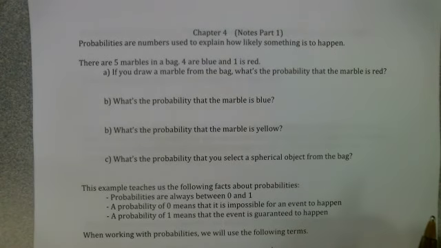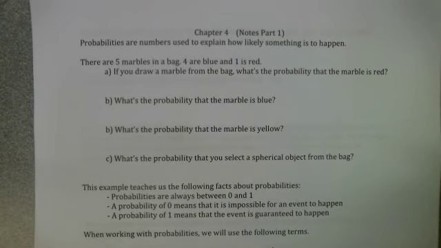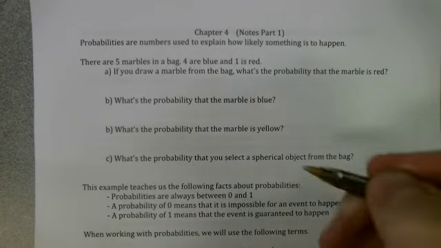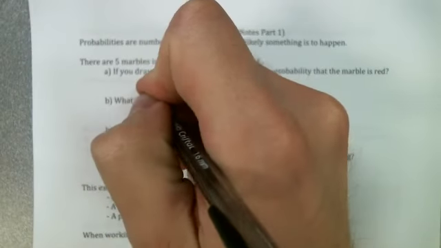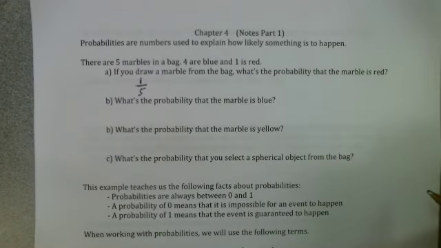Let's say there are 5 marbles in a bag. 4 are blue and 1 is red. If you draw a marble from the bag, what's the probability that the marble is red? Well, there is 1 red marble. There are 5 total marbles. So the probability of grabbing a red marble is 1 in 5,